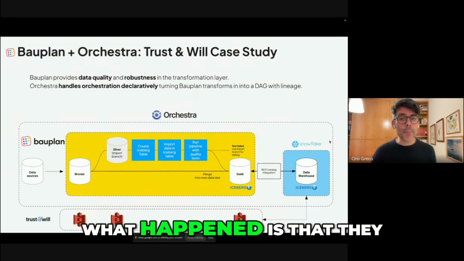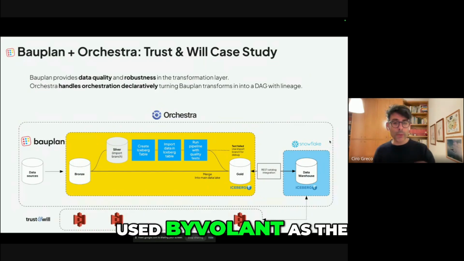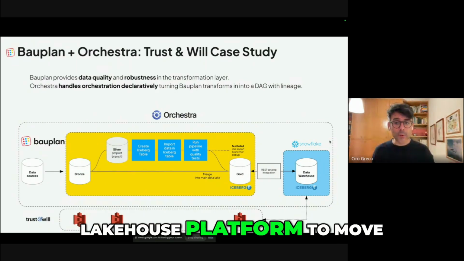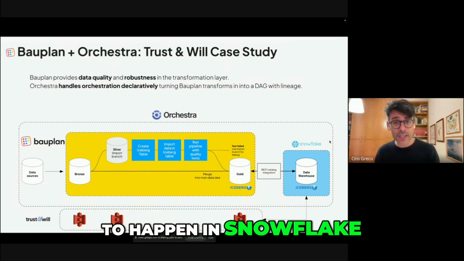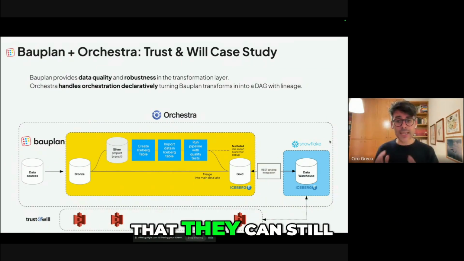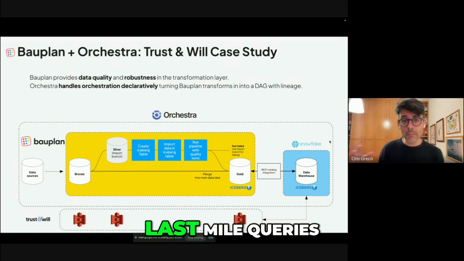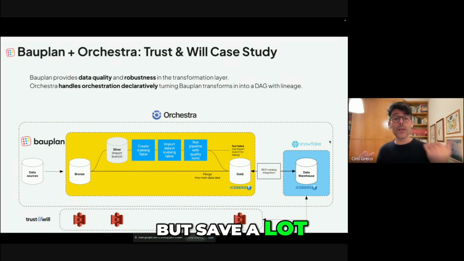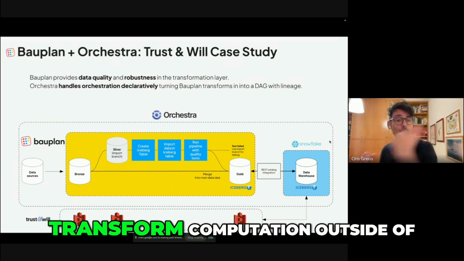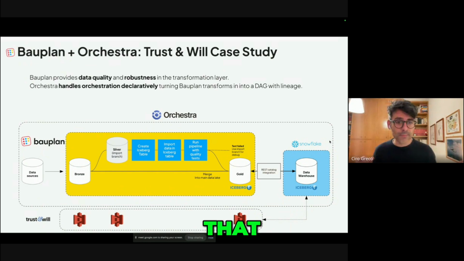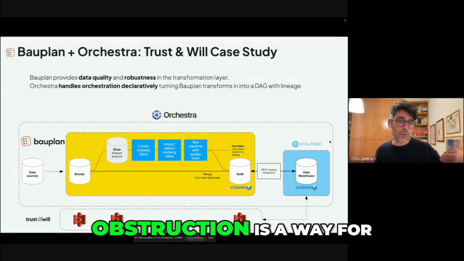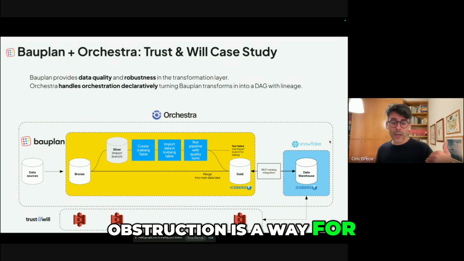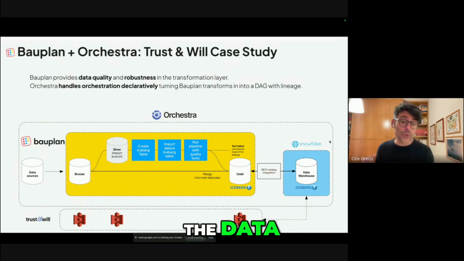So to do that, what happened is that they used Bauplan as the Lakehouse platform to move a lot of the computation that originally used to happen in Snowflake out of Snowflake, so that they can still use Snowflake for the last mile queries, but save a lot of money by moving a lot of the transform computation outside of that. And doing that using the Git-for-Data abstraction is a way for them to ingest the data, create a branch,